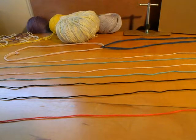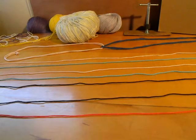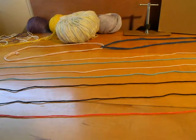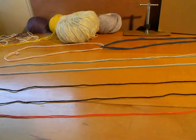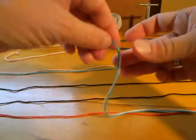You cut the lengths all exactly the same length. These are 29 inches, which might be a little generous for a bracelet. I don't know. I left a little extra. Then my 2, these are double length. They're twice as long as you want your loops to be. So then I'm going to put my bicolor loop lengths together. So here are my 4 lengths that will be bicolor loops. I'm going to tie each one together at the ends,